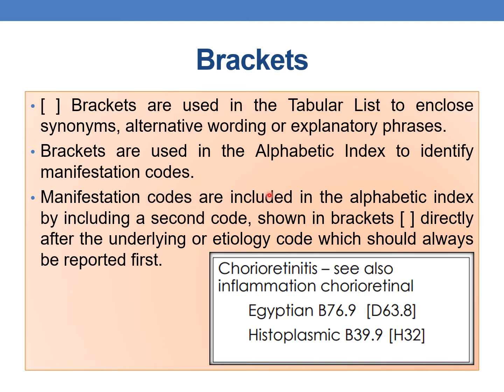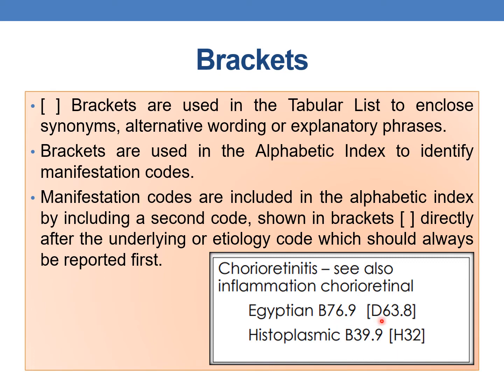So the manifestation codes are included in the alphabetic index by including a second code shown in brackets directly after the underlying or etiology code, which should always be reported first. Here is an example. If you search for chorioretinitis in the alphabetic index, this will lead to see also inflammation, chorioretinal, and you can see subtypes. Egyptian chorioretinitis is indicated by